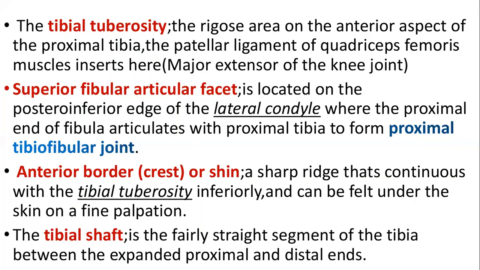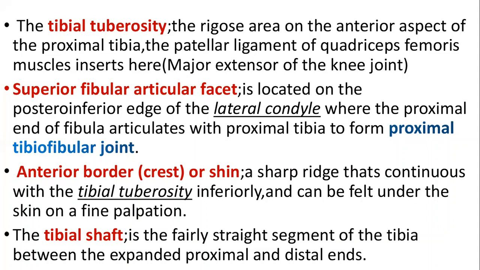We have the anterior border, which is the crest or shin, and we are told that it's a sharp ridge that continues with the tibial tuberosity inferiorly and can be felt under the skin on fine palpation. So you can just try to touch the anterior aspect of your tibial bone, and you can feel a hard tissue just inside your skin, and that is the part known as the crest of